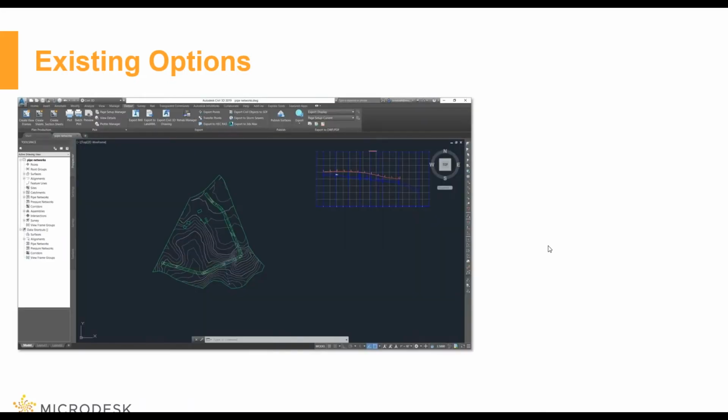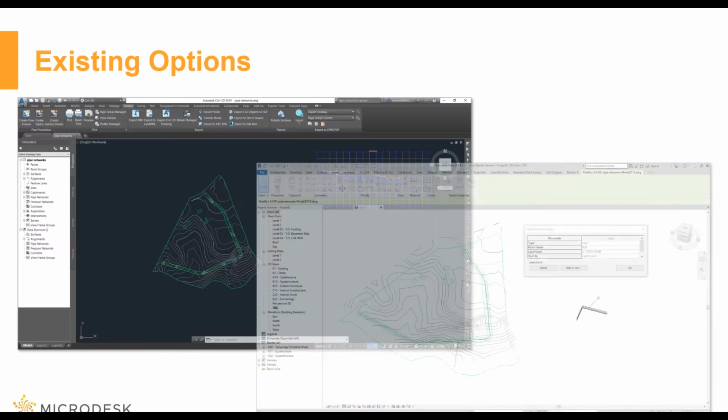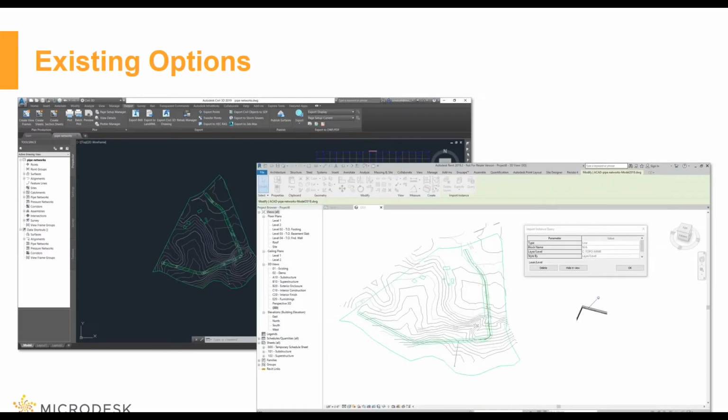Now, how we got there is we have a handful of existing options, and each one has its pros and cons, and in some cases we're still going to be leveraging them. So this new workflow is focused on topo surfaces, so some of this we'll still need. But the main one, as was pointed out in the poll, is exporting out to CAD. So we would go from Civil 3D, export to CAD, bring that into Revit, and depending on if we needed